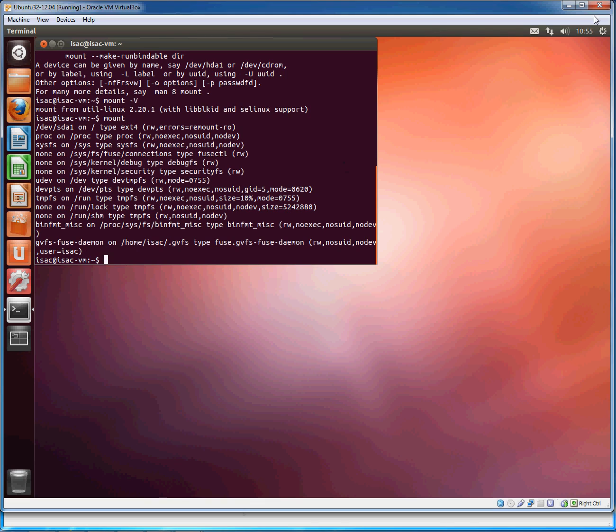Now, you may notice that the options listed here are different to what you have already covered. These are listed very similarly to what you would see in the fstab file. This is a format that you should probably get familiar with,